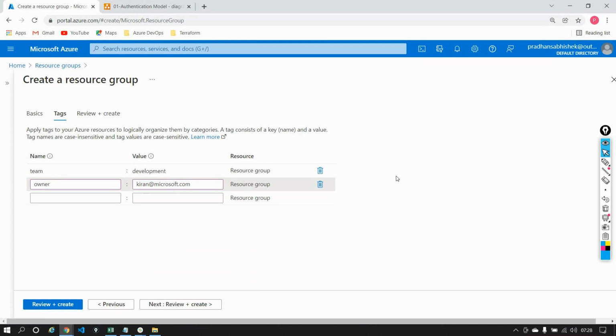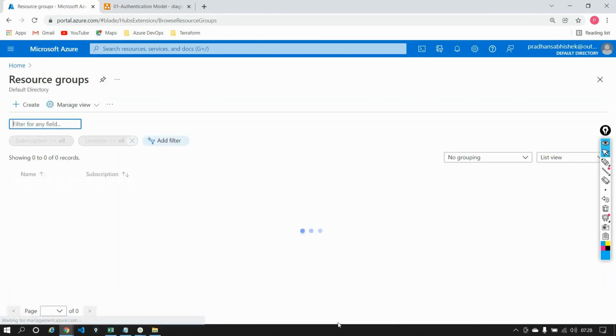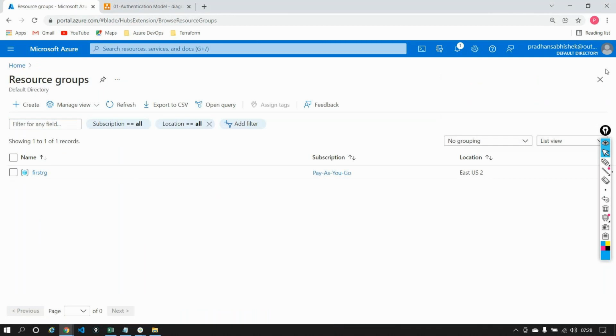Okay. And finally, review and create. On the review and create page, right, you'll have details like what is the name of the subscription that you have selected. This is like a billing invoice telling what is the name of the subscription that you selected, what is the name of the resource group, what are the tags that you have assigned to it, and then it has an option to go ahead and create this. As and when I create it, it will take a second and it will provision something known as a resource group in Azure. This is how you go ahead and create something known as a resource group in Azure.